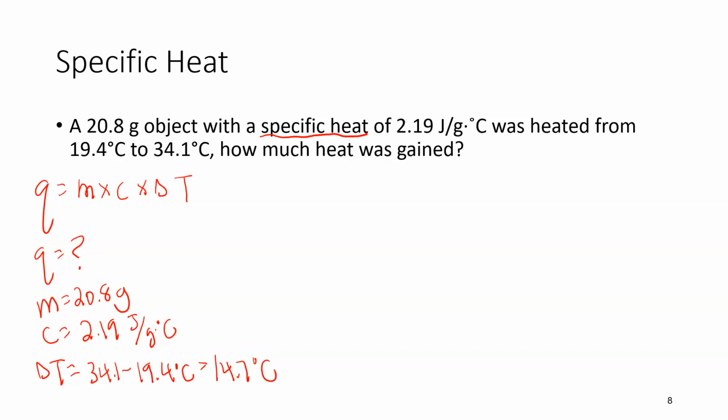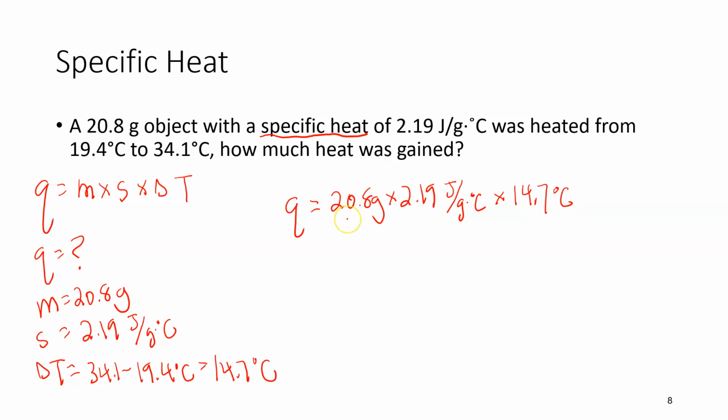So now I'm going to take the values that I have and just substitute them in there. I'm going to leave the letter Q as Q because I don't know it. For M, 20.8. For S, oops, sorry, I did write C there. Different textbooks use different letters. So S for specific heat, 2.19 joules divided by grams times degrees Celsius, and then delta T is 14.7 degrees Celsius. So I'm going to, in my calculator, take 20.8 times 2.19 times 14.7. And when I do that, I get